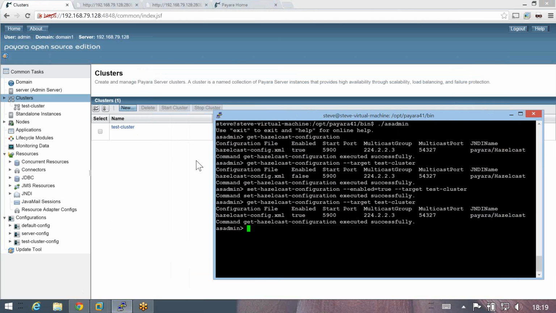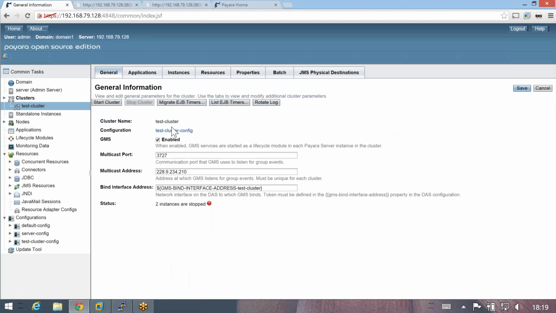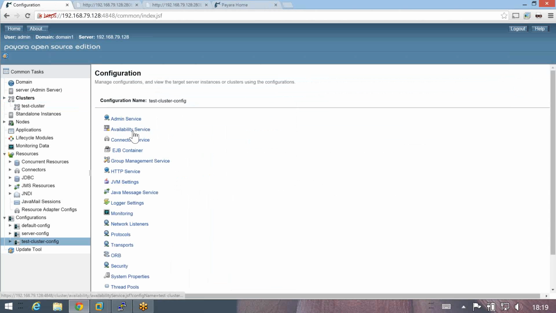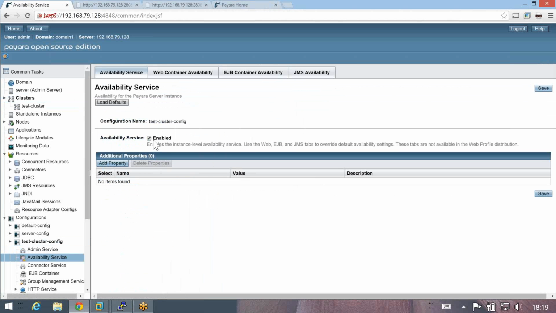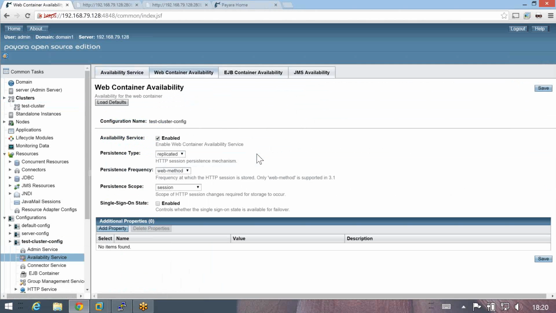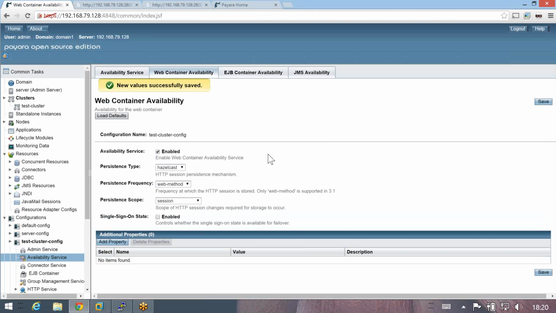There's a couple of things we also need to do to the cluster config here. We need to go into the availability service, make sure that's enabled, which it is, check web container availability, and there's a new persistence type with this version of Payara which is called Hazelcast, and we need to select that. What that will do is make sure that HTTP sessions are stored within the Hazelcast store. So if we save that,